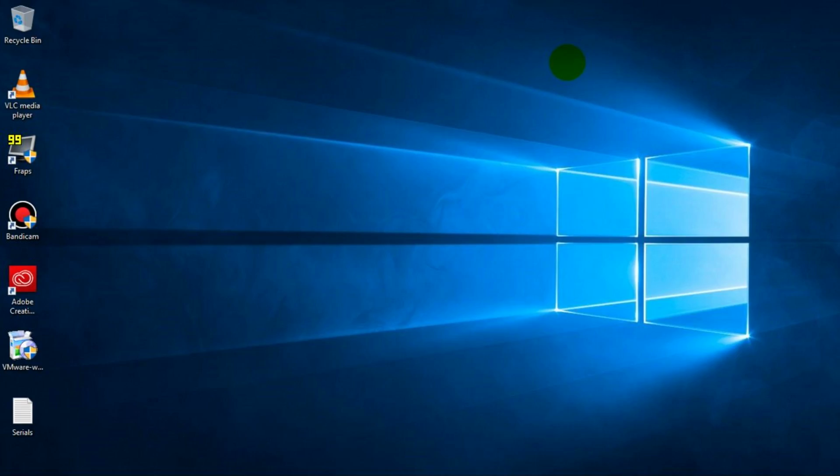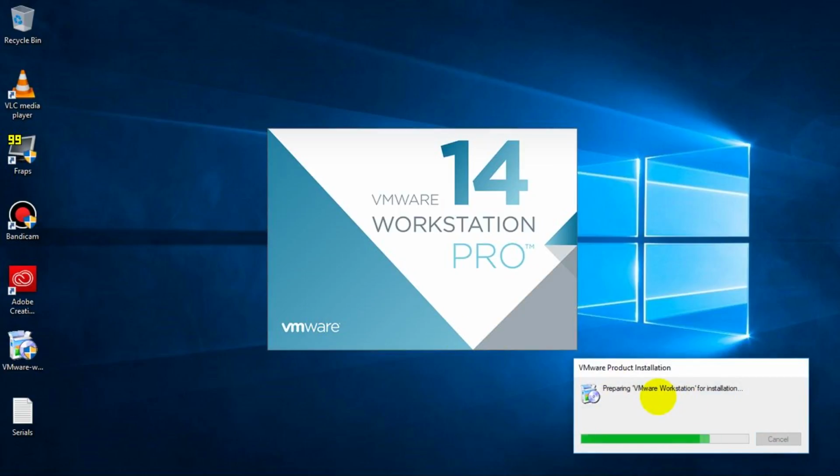After downloading VMware from the link, we head on to its installation part, and here the installation wizard screen appears, from which you can install this application software. It is heavy software and it takes some time to load. You click on next and it shows you the installation wizard, and after taking that required time,